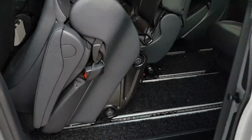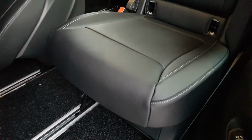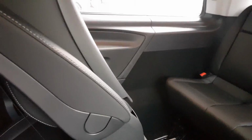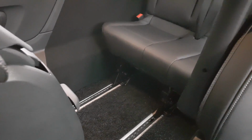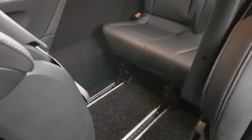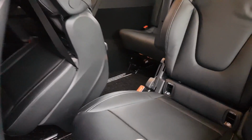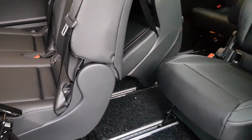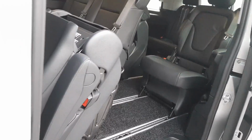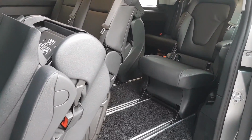Now, to step into the second row, I mean, when you open the door, right, to go into the third row, look at it. The second row can actually be folded like that, so that it's very easy to go to the third row, and then the third row can be lifted up like that, so that you can go to the fourth row. So I think they've got everything covered, I mean, these are the Europeans, right, and this is Mercedes-Benz, right? So yeah, it's very easy to just, of course you cannot expect this to again tumble up like that, alright, but you see a very clear path to the fourth row